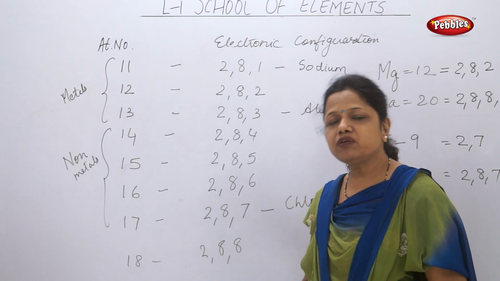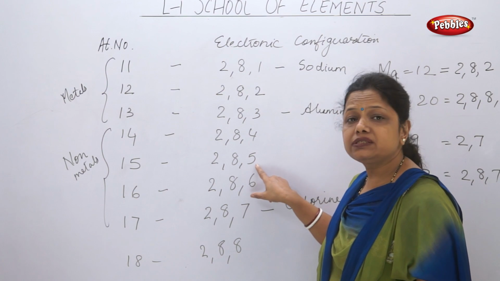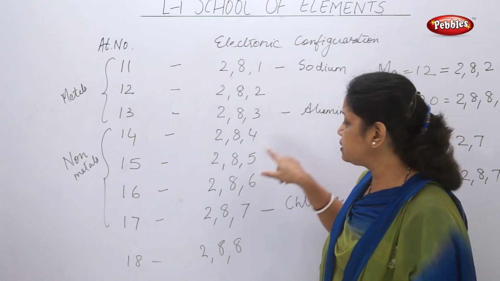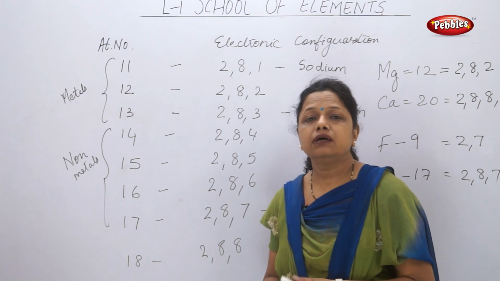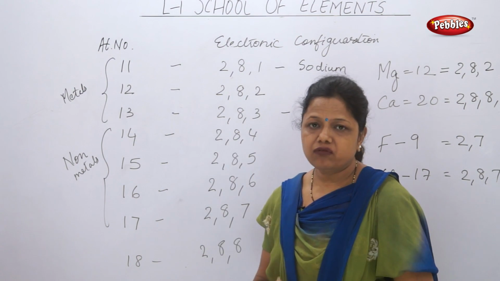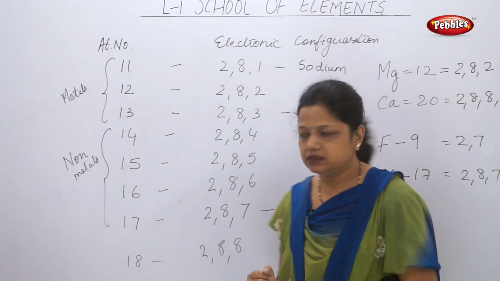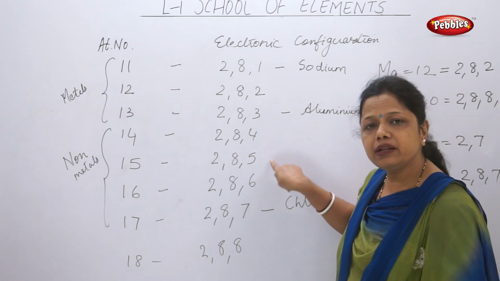But it is easier for the atom to take 3 electrons. So how many electrons is it taking? It is taking 3 electrons to complete its octet or the last orbit. So the number of electrons which it takes from others is the valency. So here the valency is 3 because it needs 3 electrons.